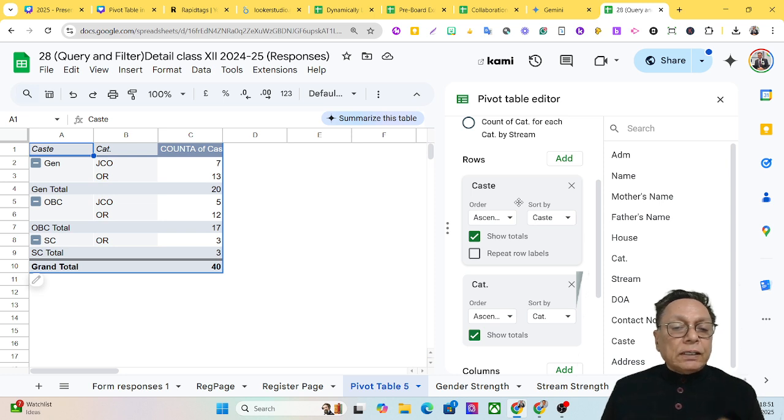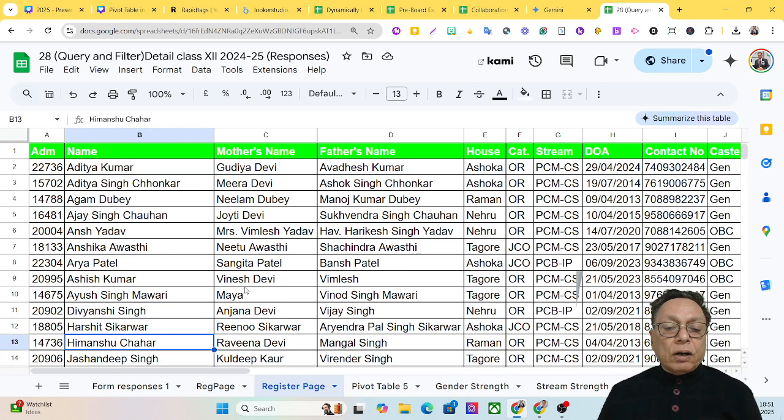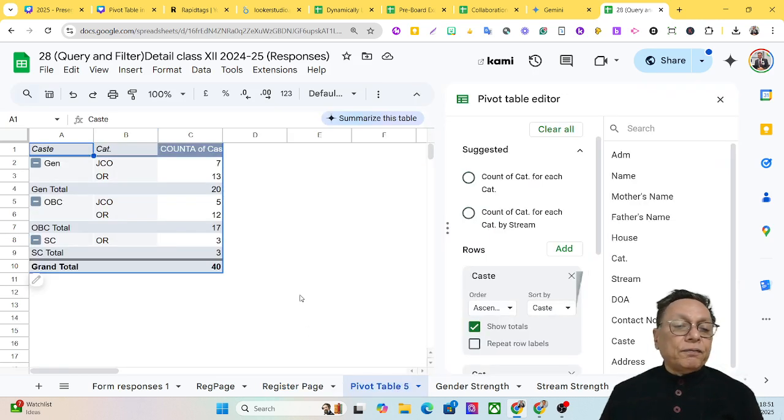So this way we can create a summary of the data. The summary is coming from which sheet? This is the entire sheet, and out of this sheet I have created a summary of these students. There are 3 categories: general, OBC, and SC, and how many students belong to JCO in each caste category, it is showing through this pivot table. Okay, so this way we can create the pivot table,